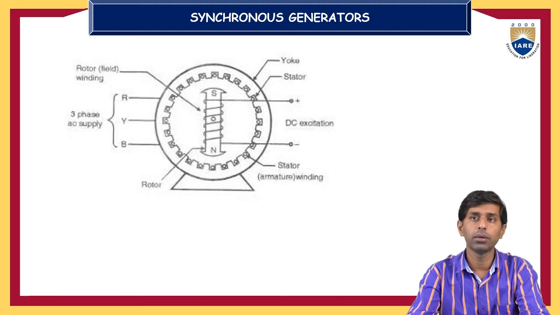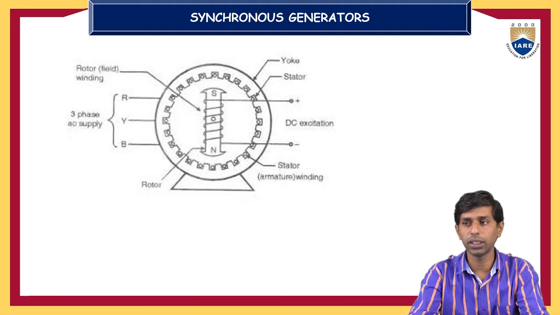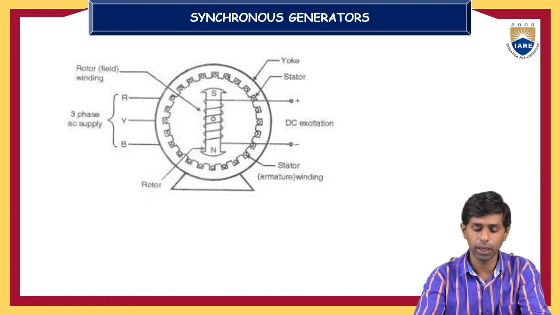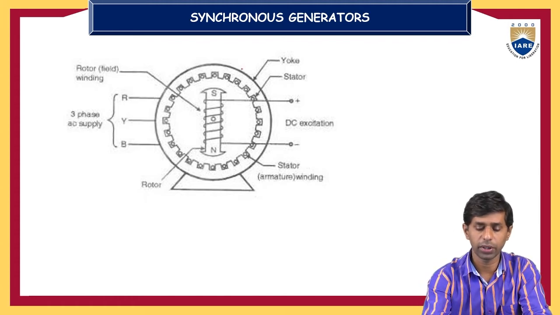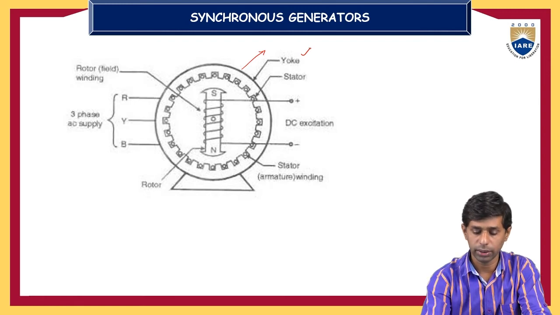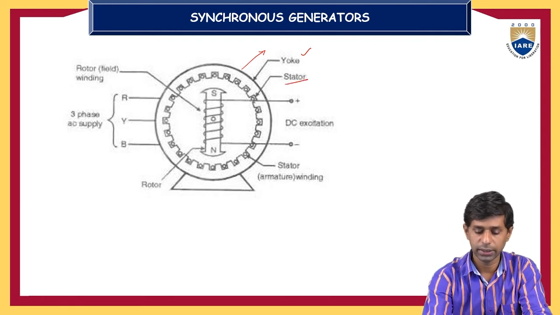Whatever the kind of power production industry it may be, the synchronous generators are coupled to turbines or prime movers, where the mechanical energy is effectively converted into electrical energy. So this is all about the cross sectional view of a synchronous generator, and this outer periphery represents the yoke of the alternator, and these represent the stator terminals, that is, the stator slots we have.